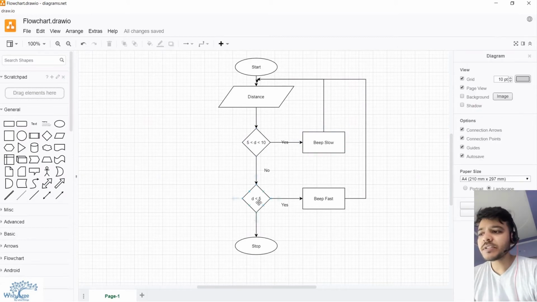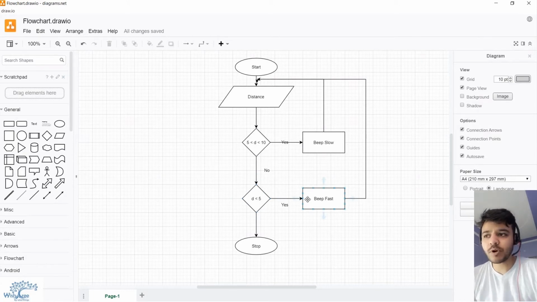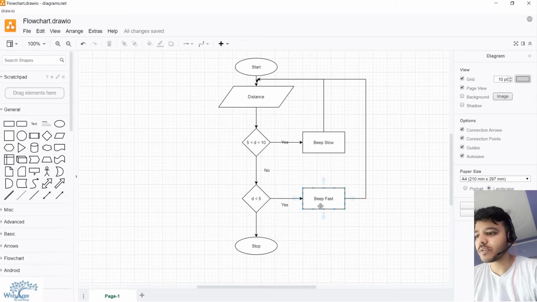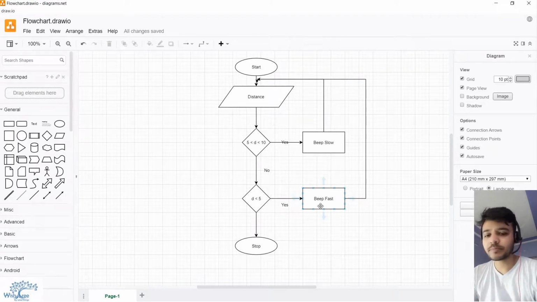But if the distance is even less than 5 centimeters, that means your car is approaching some object which you might hit if you continue taking reverse. So we'll beep fast, like an emergency. Okay, so let's see how we can do this in programming.